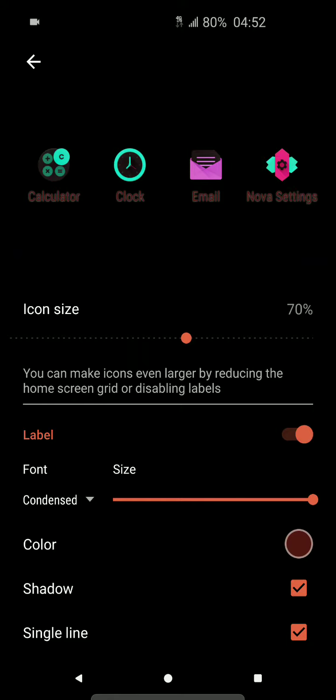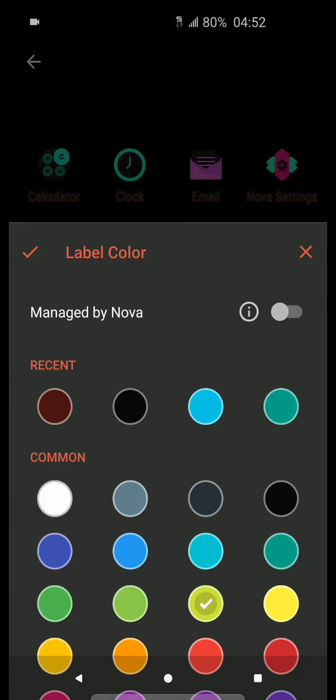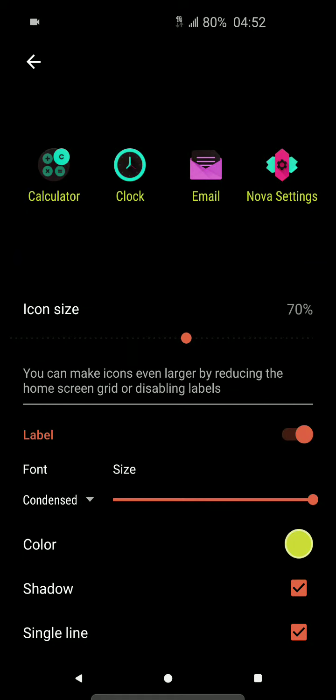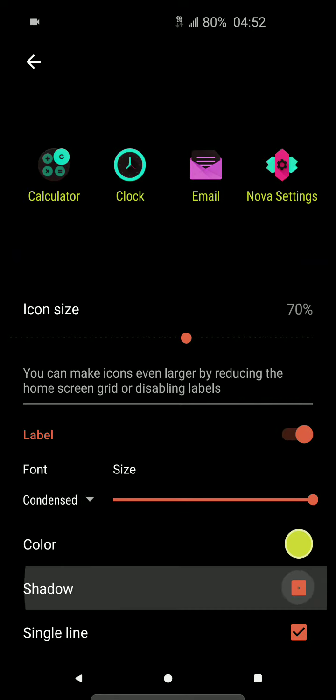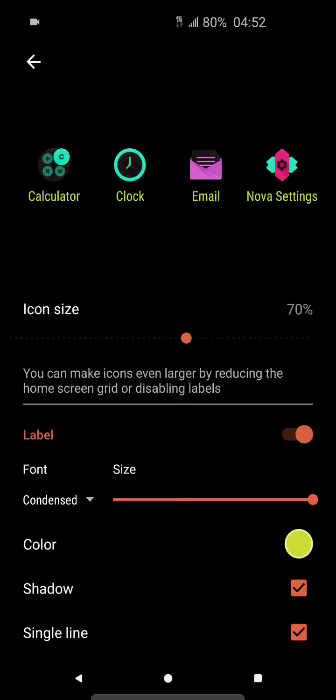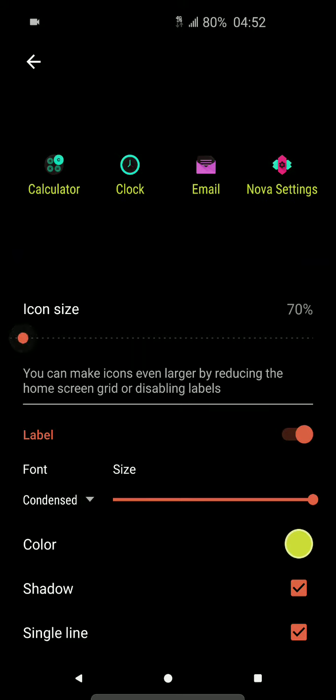You can either do single line or double line, or let's bring this to a nice bright color so you can see better. You can take shadows away or add shadows. Bit hard to tell. I've never really played with that. But I want everyone to look and see what this font, color, shadow, single line, etc., does now,